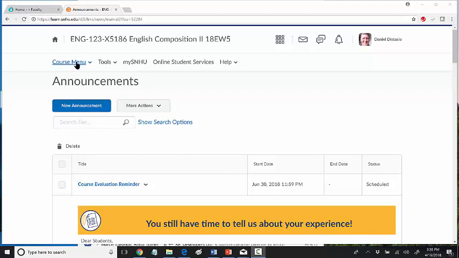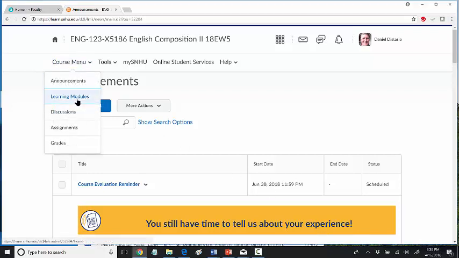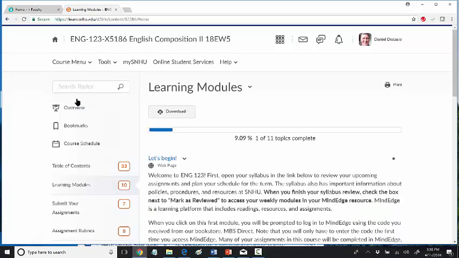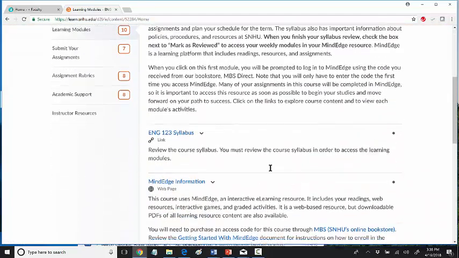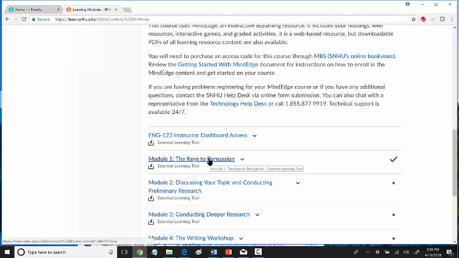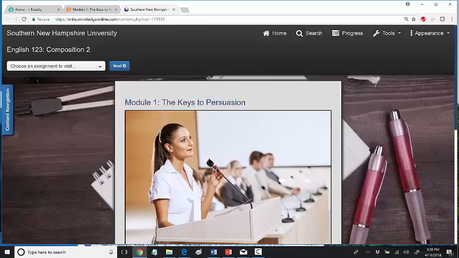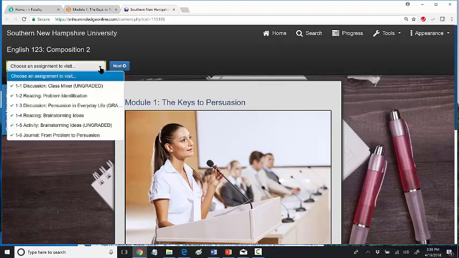From the main page, you want to go to the learning modules. The learning modules are your textbook, and that is where most of the action in this course takes place. You want to go to week 1, module 1, and in there you'll see that each of the modules are stair-stepped, guiding you through the content to complete the